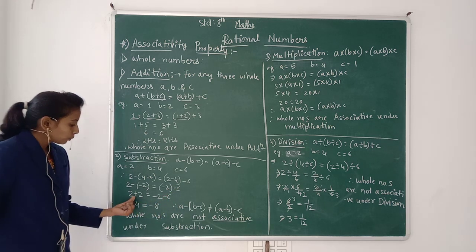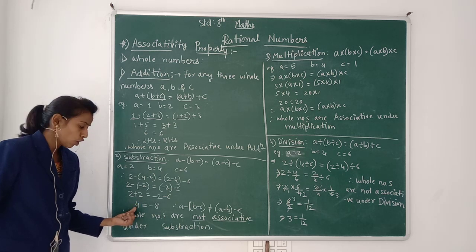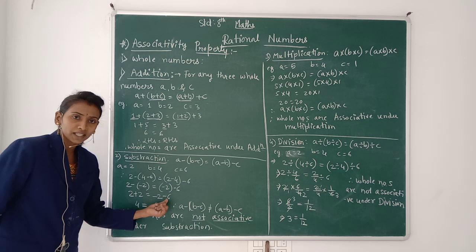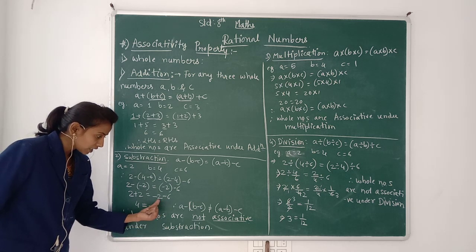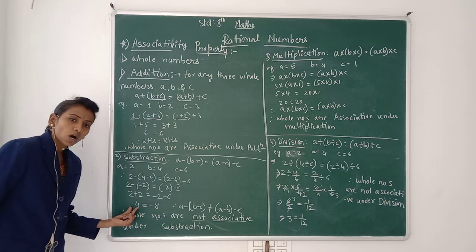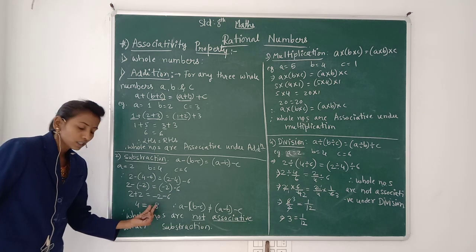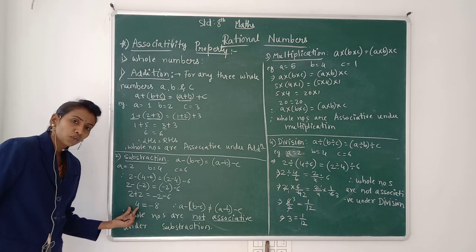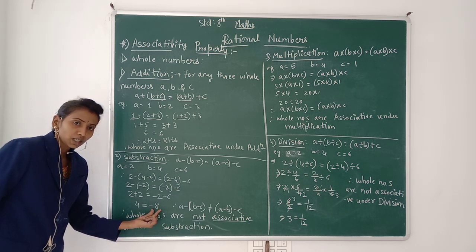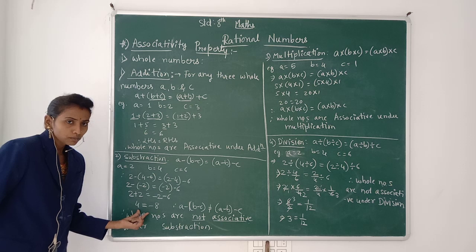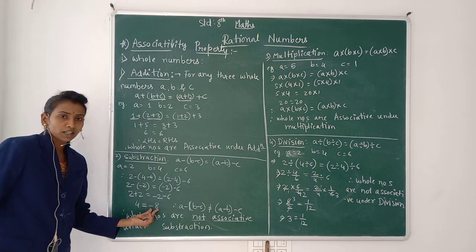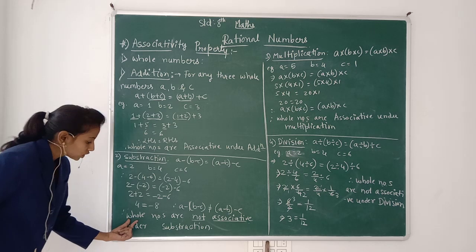Here see, 2 plus 2 is equal to 4, and here minus 2 and minus 6, you are adding, so 8 becomes, and the negative sign you have to keep as it is. Here see, in the LHS you got 4 and in the RHS you got minus 8. Both are not equal. So here 4 is there and here minus 8 is there. So these are not equal, what do you conclude?